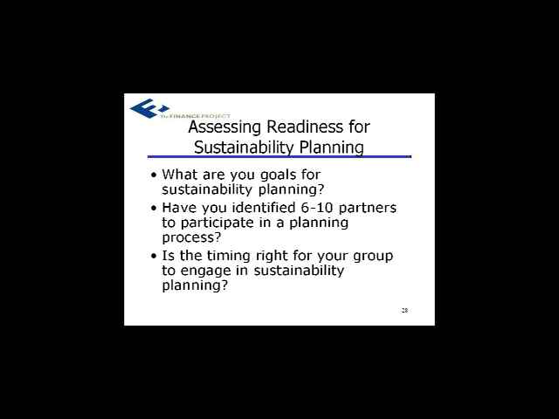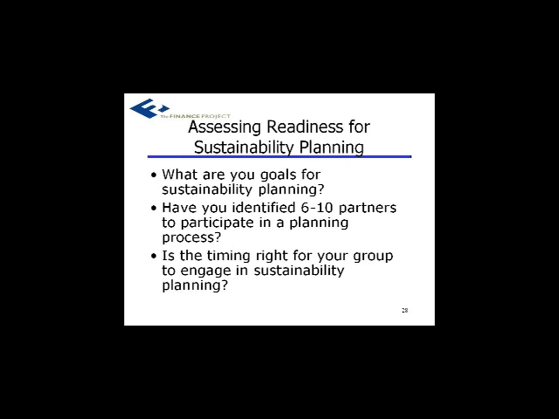So again, we will send out an exemplar survey from Jill and ask you to respond to a few questions. Nothing too challenging or difficult. No survey that's going to take hours for you to complete. But to simply respond to these three questions. Do you have identified goals for your sustainability process? And have you identified specific sustainability challenges?